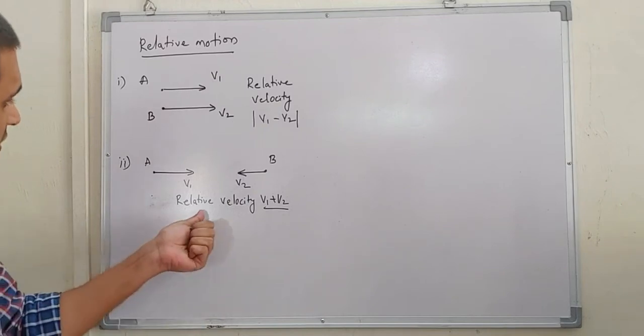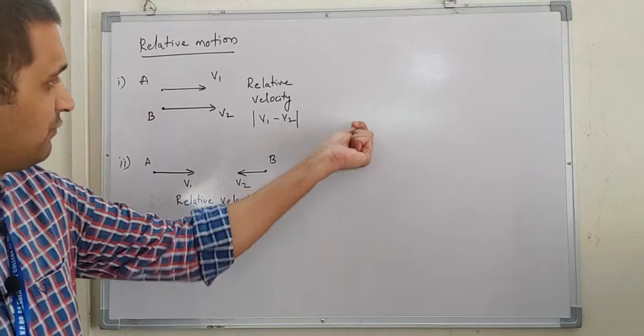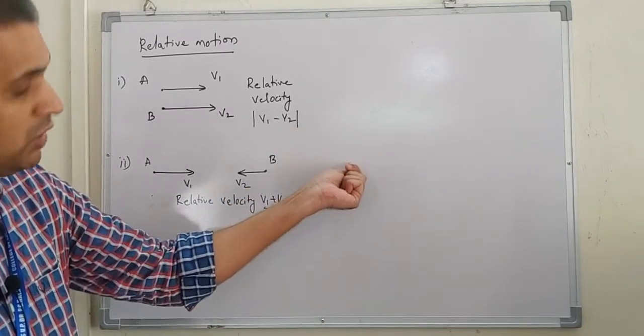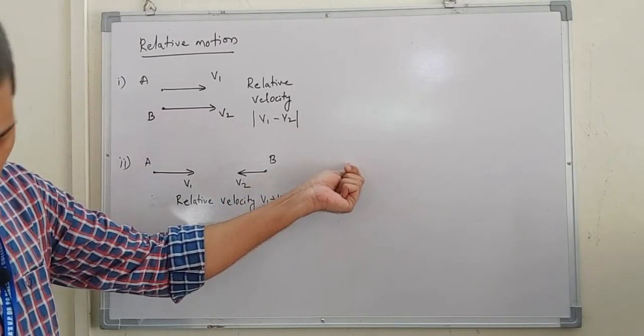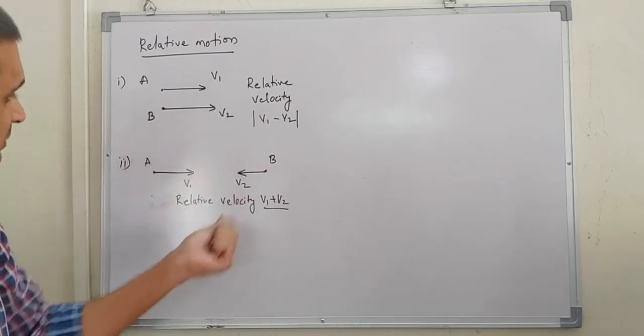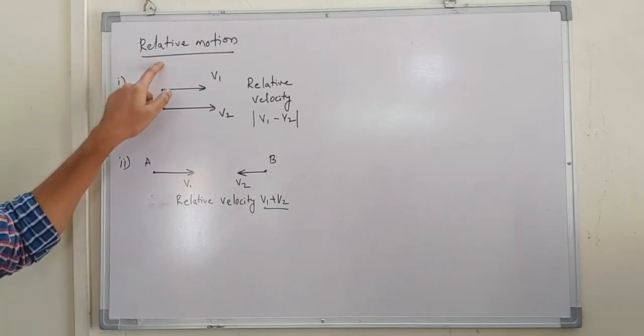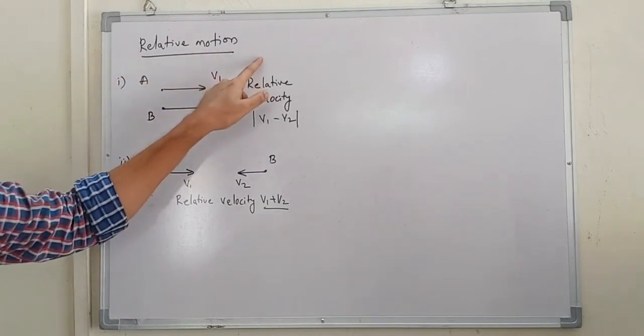Now we had solved a similar problem for motion under gravity, wherein one particle was dropped from the top and one other thrown from the bottom, which was of similar kind. Now today we'll be solving problems of the same type. Now hope this is clear. Relative motion we'll be studying under rectilinear motion itself.